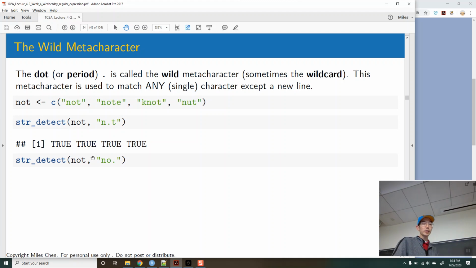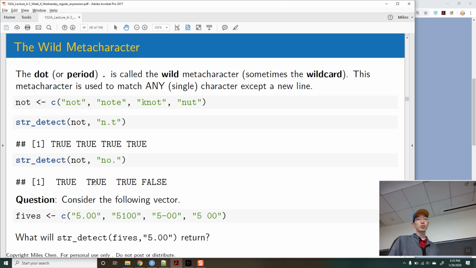All right. Here I've got string detect. The pattern is NO dot. Okay, does NO dot exist here? Yes. Here, N-O-T-E, yes. This not? Yes. Nut? No. Okay, so we get true, true, true, false. All right, what if we have